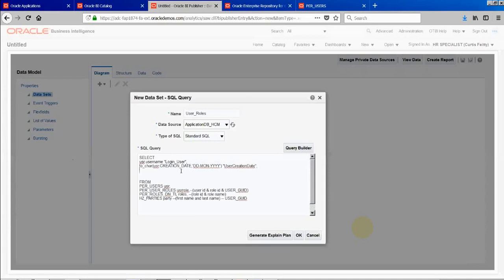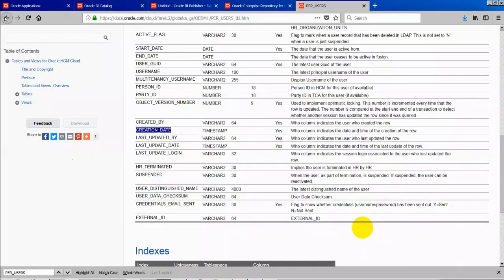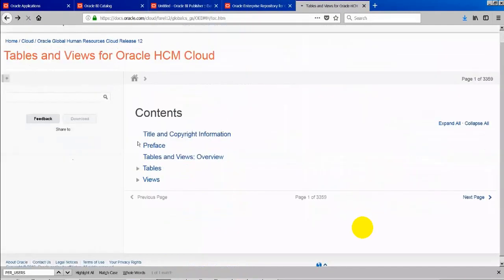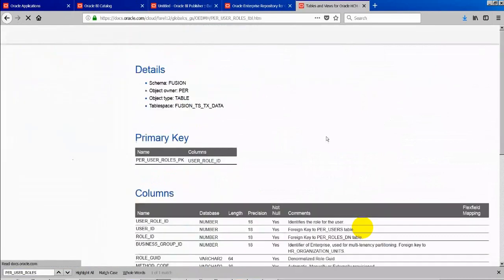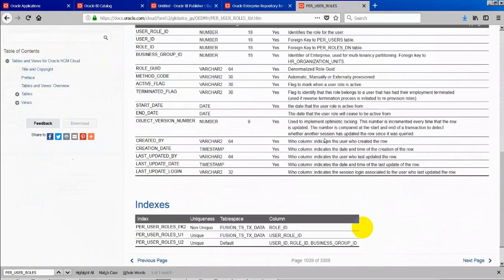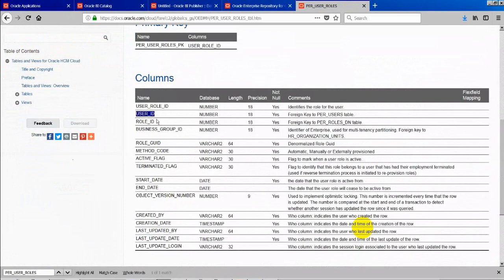User creation date. Okay, so the user is created, and what we want next is maybe the role name, right? So the role name, where the roles will be. If you see this PR and user_roles, it will have the user ID, role ID and user role ID, but it doesn't have the username.